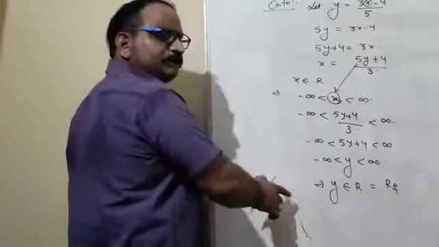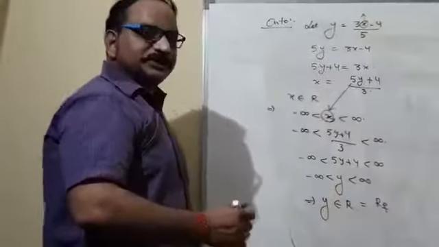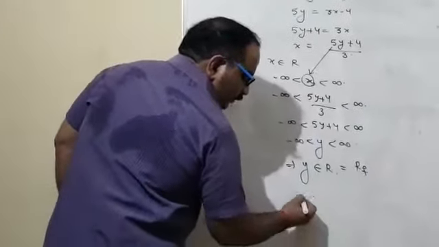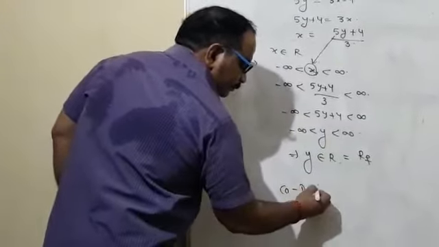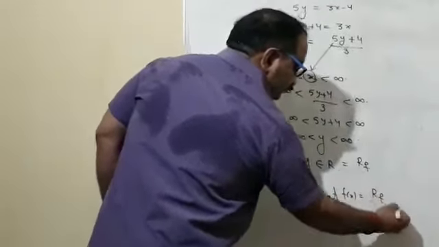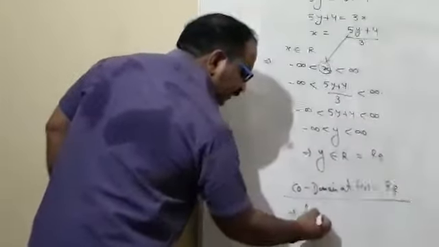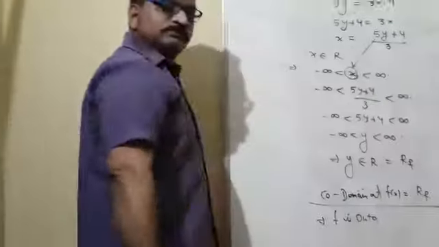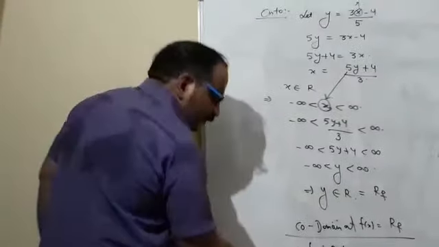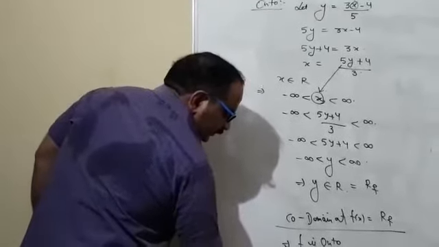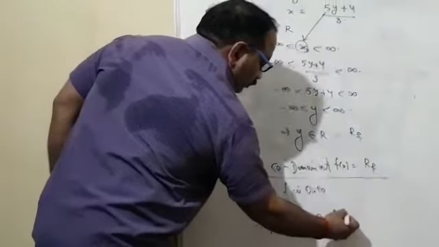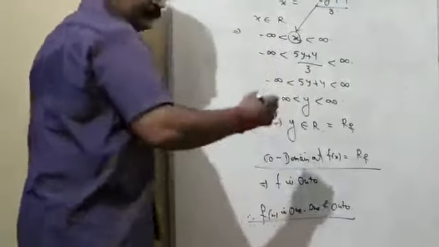The range we are getting through the procedure, the codomain is already given in the question, and finally I compare them, and by comparing I declare it. The codomain of the function f(x) is equal to the range of the function. If that happens, then I can say f is onto. Since f is onto and f is one-to-one, we conclude the function is one-to-one and onto. And thus f(x) is one-to-one and onto. Thank you.